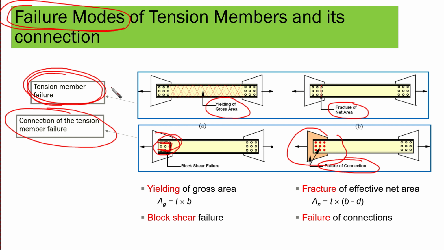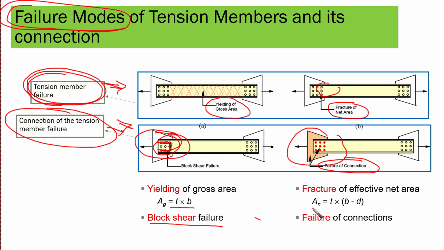So broadly, we can categorize the failure of tension members into two main categories. One related to the element itself, another one related to the connection. Okay, and we are going to talk about each one in detail, so do not worry about this. So we have yielding of the gross area. This gross area is T times B if we are talking about the width and thickness. We have block shear failure, and we have the fracture of effective net area as we are talking here,